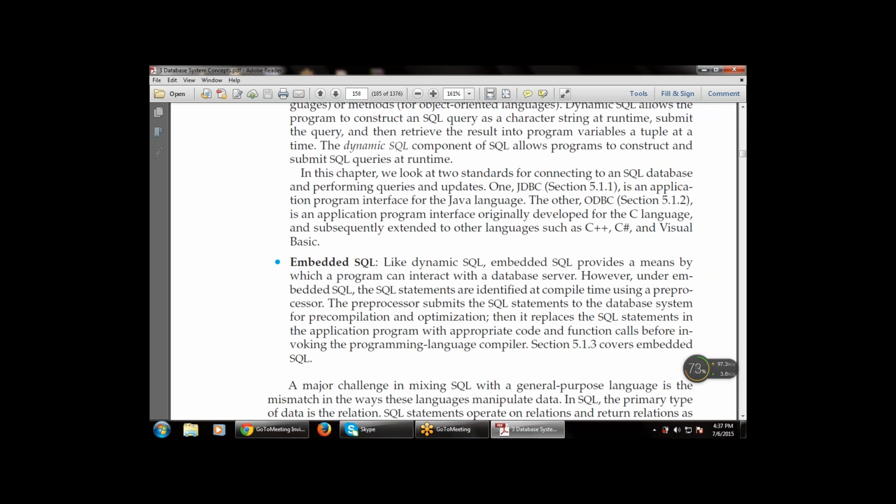However, under embedded SQL, the SQL statements are identified at compile time using a preprocessor. The preprocessor submits the SQL statement to the database system for pre-compilation and optimization, then replaces the SQL statement in the application program with appropriate code and function calls before invoking the programming language compiler. So embedded means embedding the SQL statement code in the C language, not linking, during the pre-compilation period,